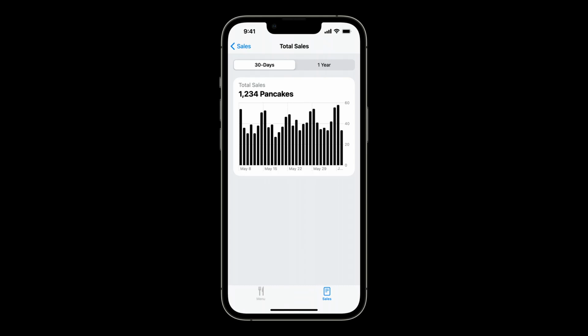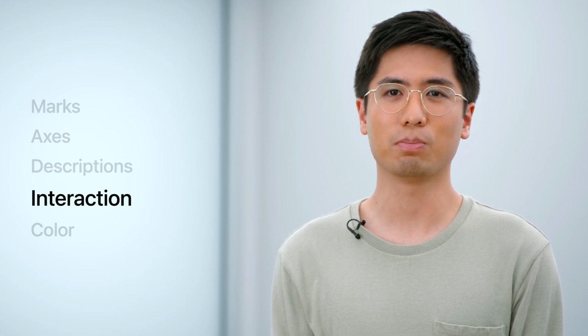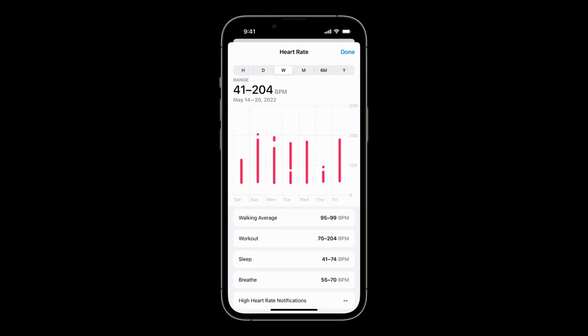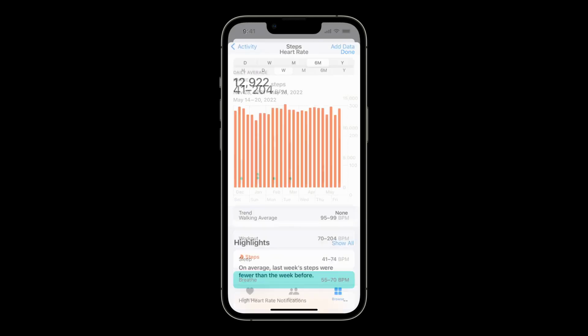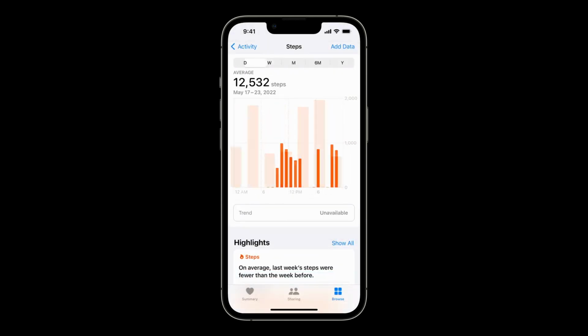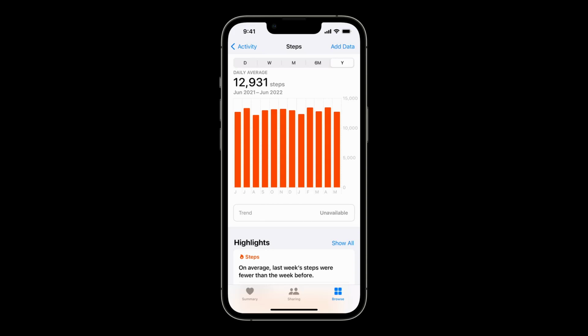Now that we provide context, summarize the main takeaway, and use audiographs or an equivalent source of descriptions, our chart has all its essential parts. But we could make it even more effective with interaction. You can design interaction to empower people to explore and understand their data at a deeper level. For example, you can use interactions to highlight sections of a chart to explore how their data fits in a broader context, or toggle between days, weeks, months, and years.